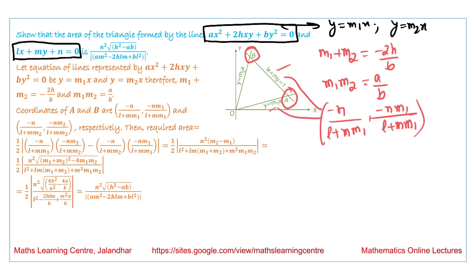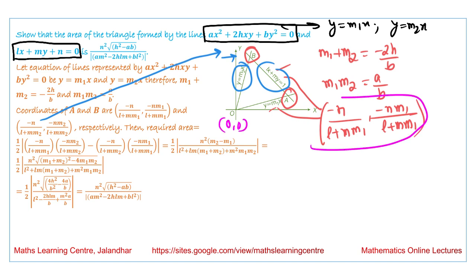These are the coordinates of the point A, which is given by the intersection of these 2 lines, and the coordinates of the point B are given by this equation. So we have 3 points over here. One is the point (0, 0), second is A, and these are the coordinates of the point B that we have. So if we want to calculate the area of the triangle with these coordinates, we obtain the answer